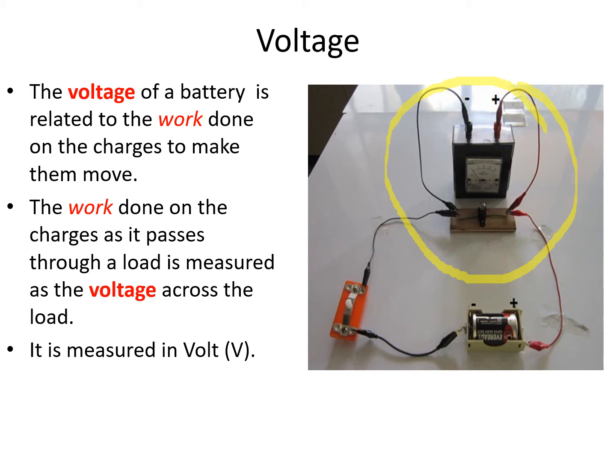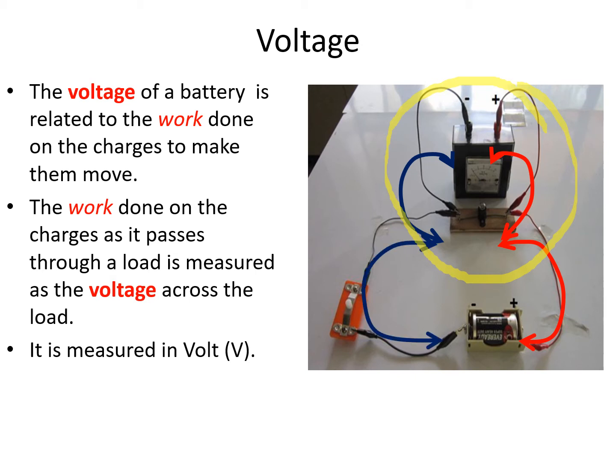Specifically, the positive terminal of the voltmeter is connected to the positive point on the bulb connected to the positive terminal of the dry cell. The negative terminal of the voltmeter is connected to the negative point on the bulb connected to the negative terminal